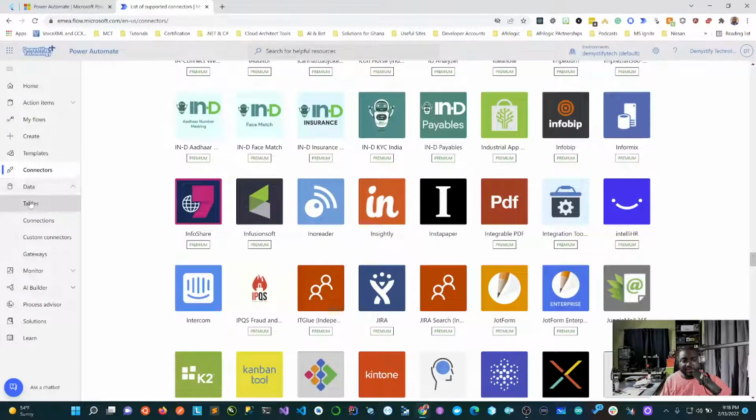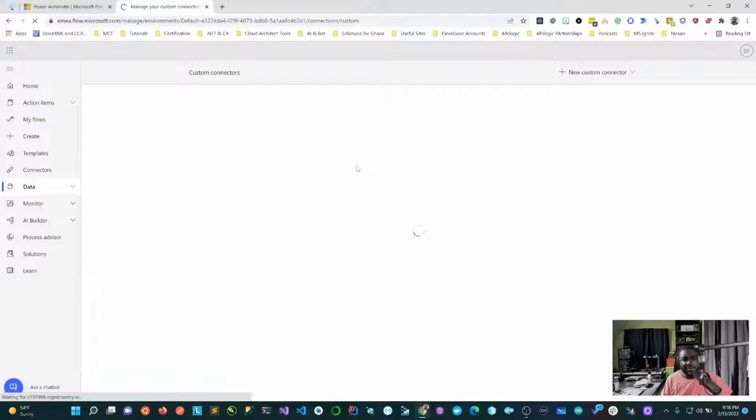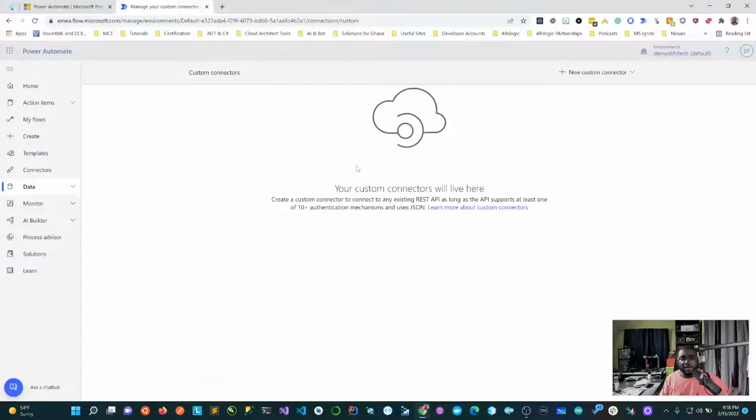In terms of details, you can see custom connectors here. This is where I would come to create a custom connector using Swagger or any of the REST compatible options, and it has a clean UI. You can easily do that. I have done that in recent times, creating a HubSpot custom connector. I'm hoping, through my company, to make it official so that Microsoft can accept it into the marketplace so people can use it.